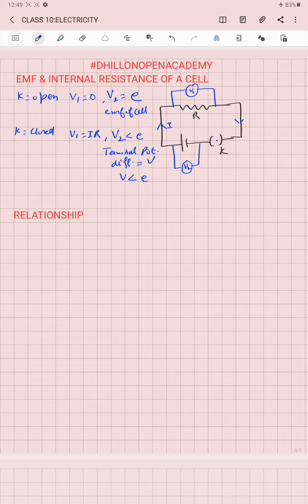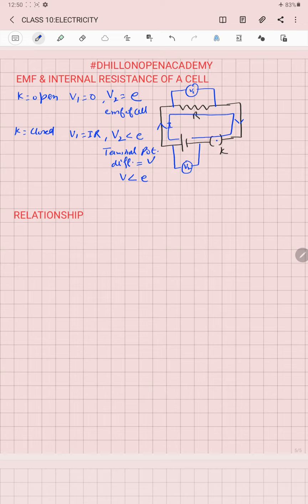In order to do that, we have to understand the complete circuit itself. Now, if you take a look at the figure again, we can see that we have connected an external resistance R in the circuit. So when current is flowing through the circuit, current leaves from the positive terminal of the battery. By passing through the external resistance, it again arrives at the negative terminal of the battery.